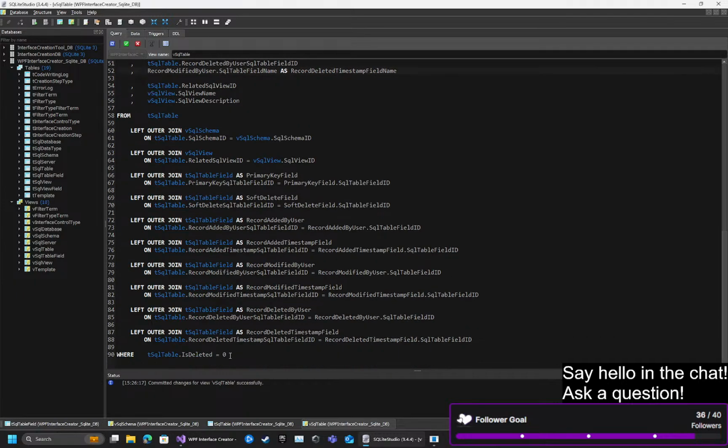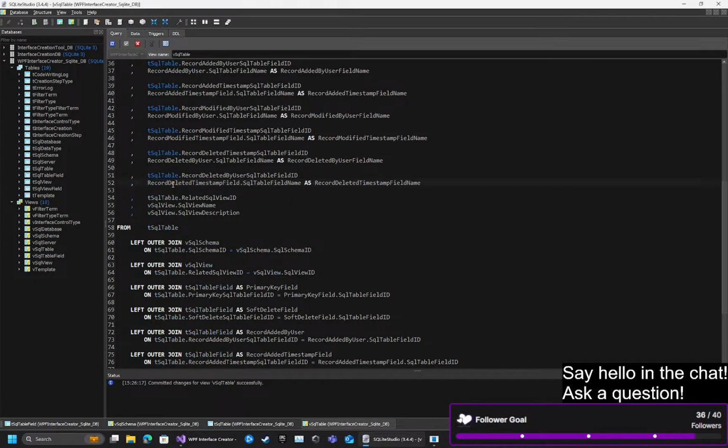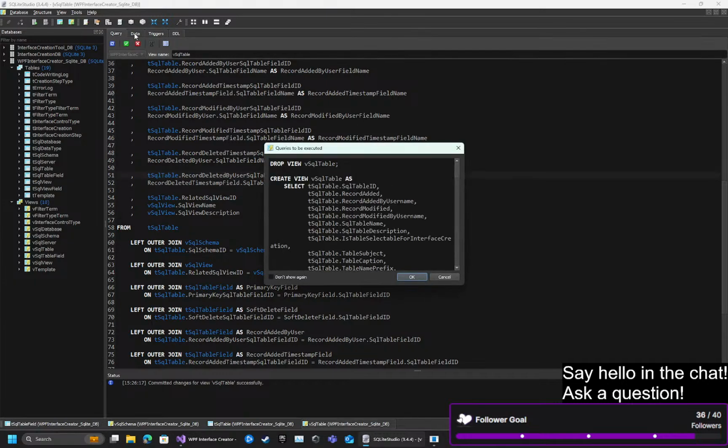Okay. And then we will switch record deleted by timestamp field, which is that one. So we have record deleted by user, SQL table field ID, followed by the SQL table field name, which is the record deleted by timestamp field name. Excellent. So we'll save that